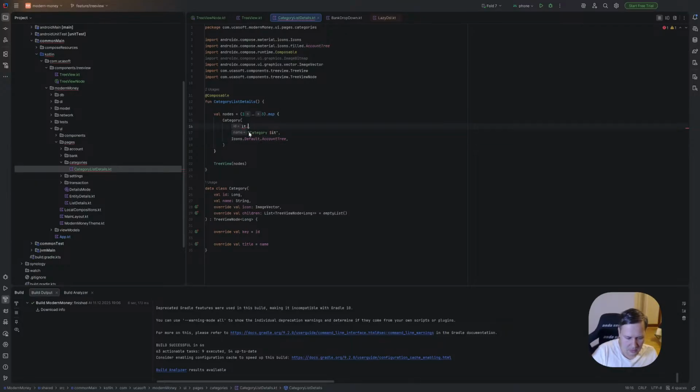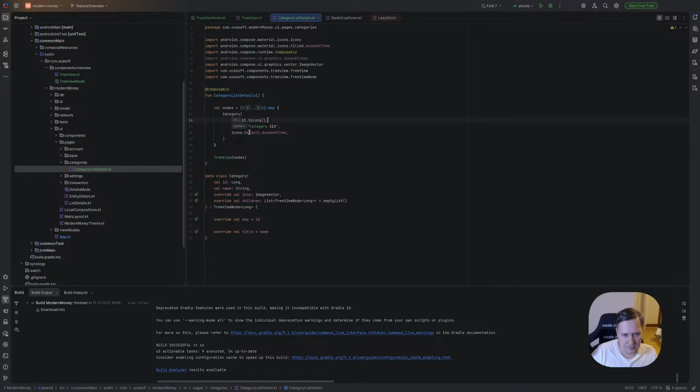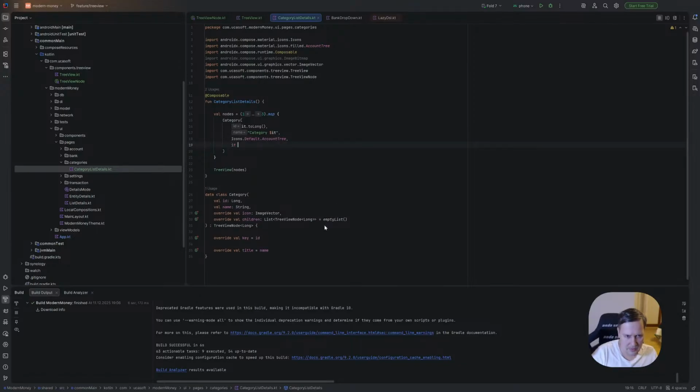And children. So let's use if it equals 2, we create some listOf, else just an empty list.